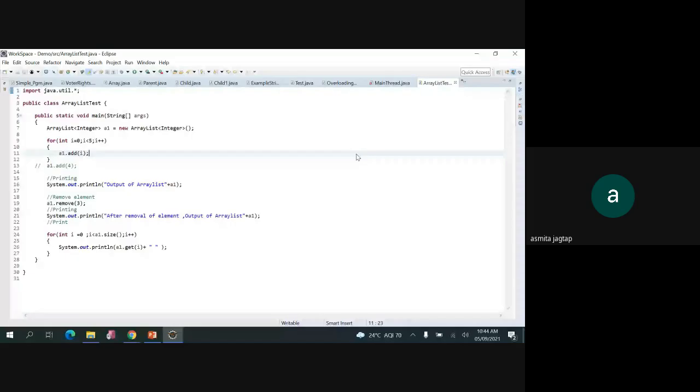So we are importing this ArrayList class from this util package. And we have seen three methods of ArrayList, that is add. With add we can add an element inside that ArrayList. Then we'll see how to remove an element from the index position, and with the help of the index how we can remove it. Okay,